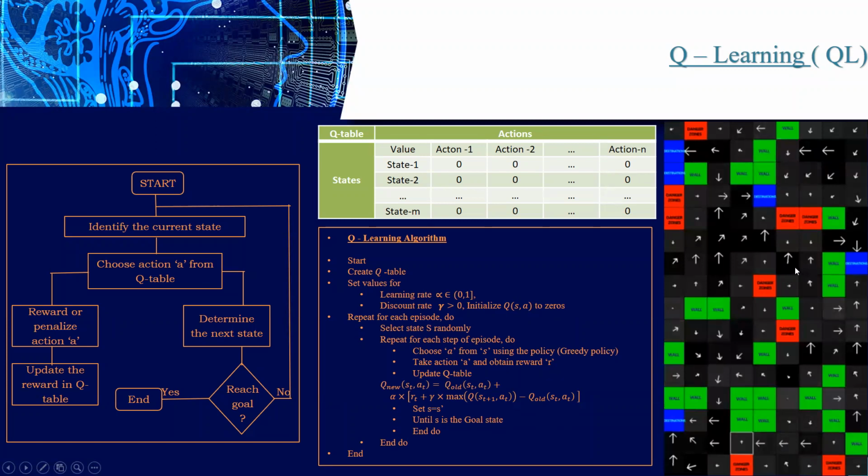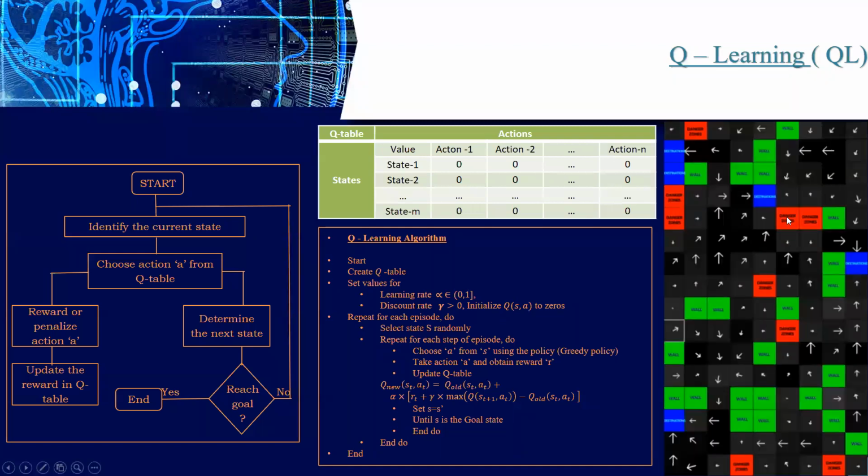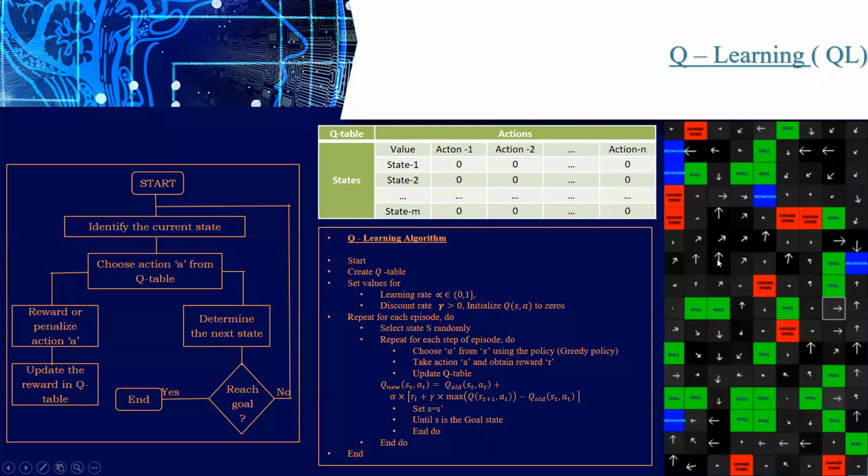For example, you are here and you are moving your player like this, and at the end the player reached the danger zone. When we are here and moving in this direction and the player reached the danger zone, that is a bad strategy. We have to revert our strategy. For example, when we are here and take this direction and the player reached the destination, then we can say this is one of the good strategies. So at each and every cell we have to identify such strategies.